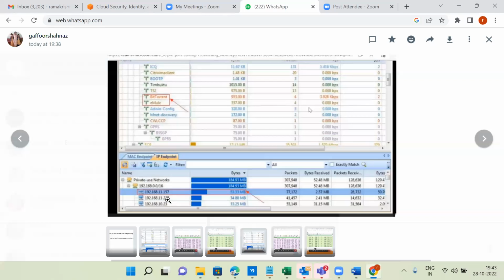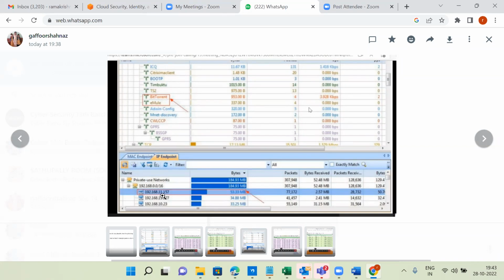Here you can see the name. So the name is showing as a private network. You should be aware of the private series: the 10 series, 192.168, 172.16, based on whatever basic networking knowledge you have so far.